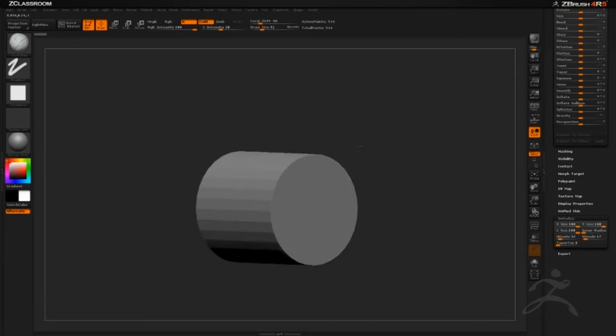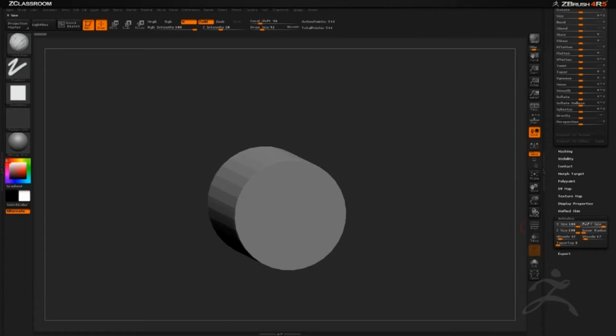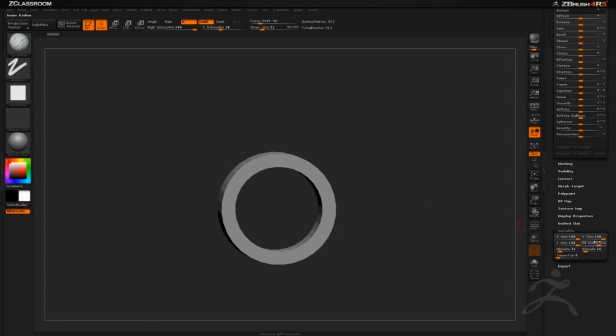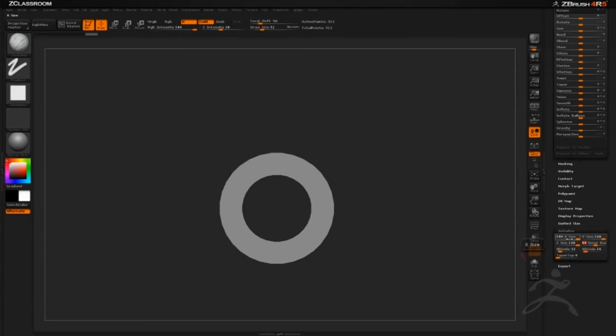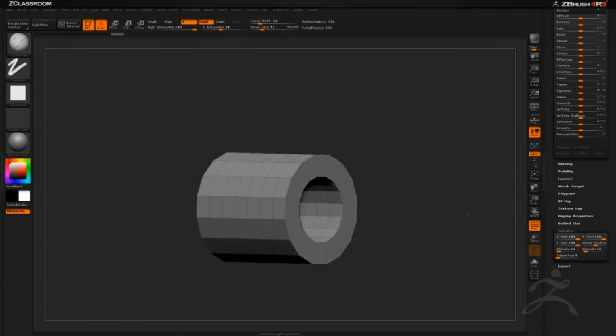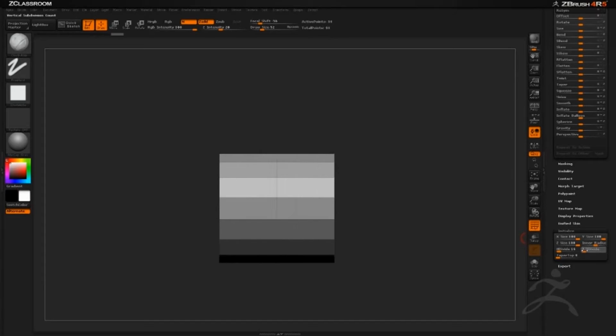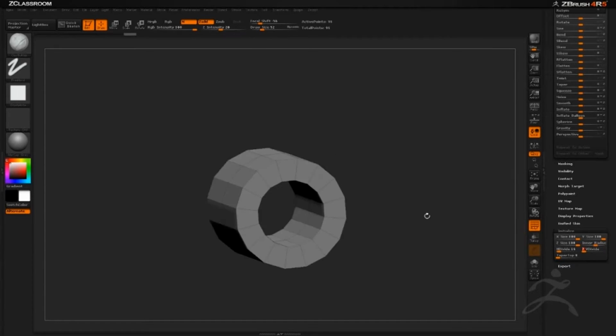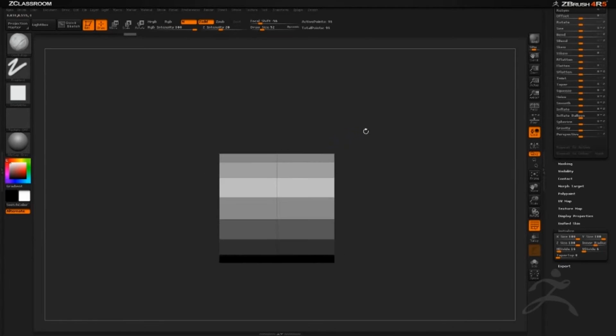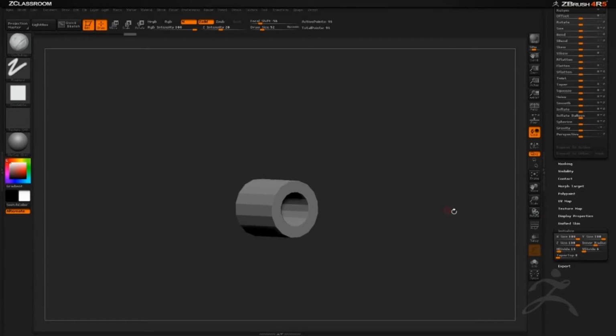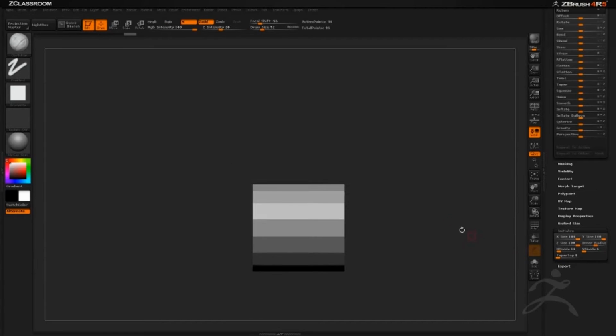So I want this to be an open kind of design for where the chain would actually fit through. So I'm going to change this inner radius slider here until we get it somewhat open like that. I don't want it too thin, so I'm going to keep it probably around 60. And then I'm going to change the divide to something around 16, which is a power of 4. So you get something like that. You can kind of see how it looks in the geometry. You can change this divide down quite a bit too, so I'm going to change this to 7 so that it just has one single group of verts down the middle there. So that looks like a pretty good start to our